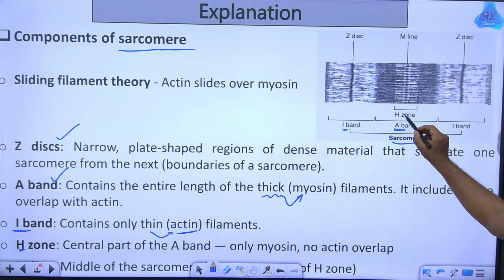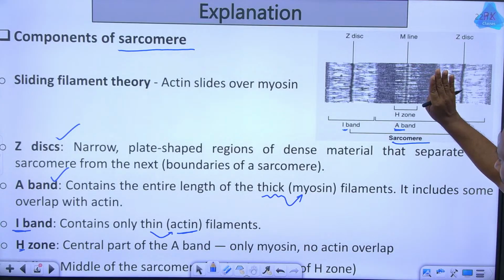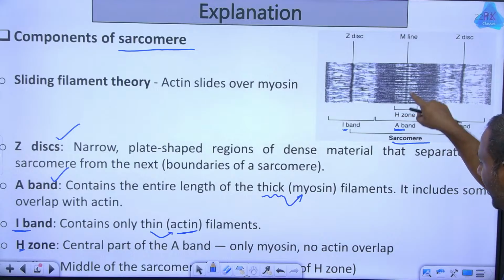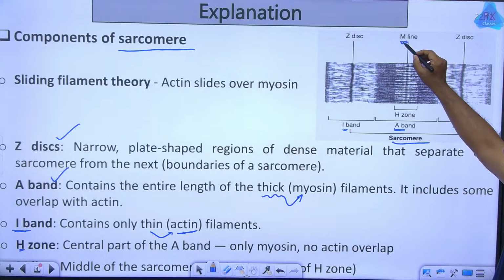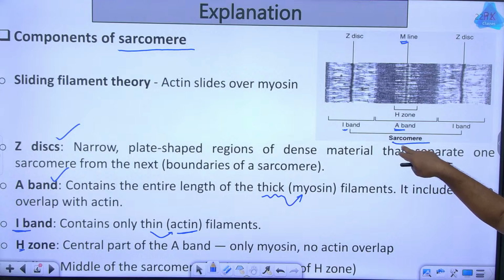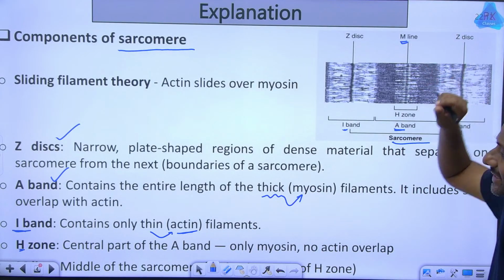So this H zone is the central part of the A band. इसमें खाली myosin ही रहेगा. Actin का overlap नहीं रहेगा. So it contains only the myosin filaments. एकदम मिडिल में आपको M लाइन रहेगा. So M का मतलब है मिडिल. Exactly in the middle. That means sarcomere में जो बीच में जो लाइन होता है, that indicates the M